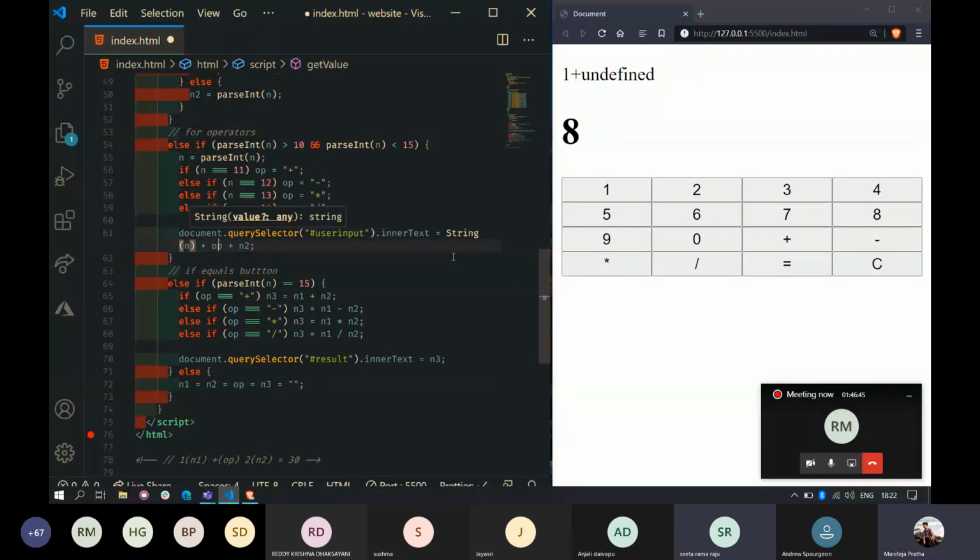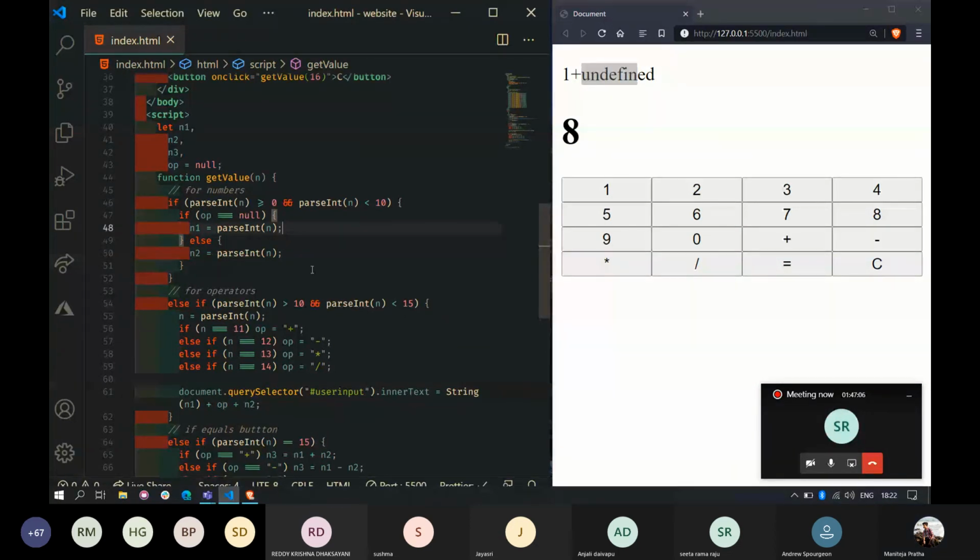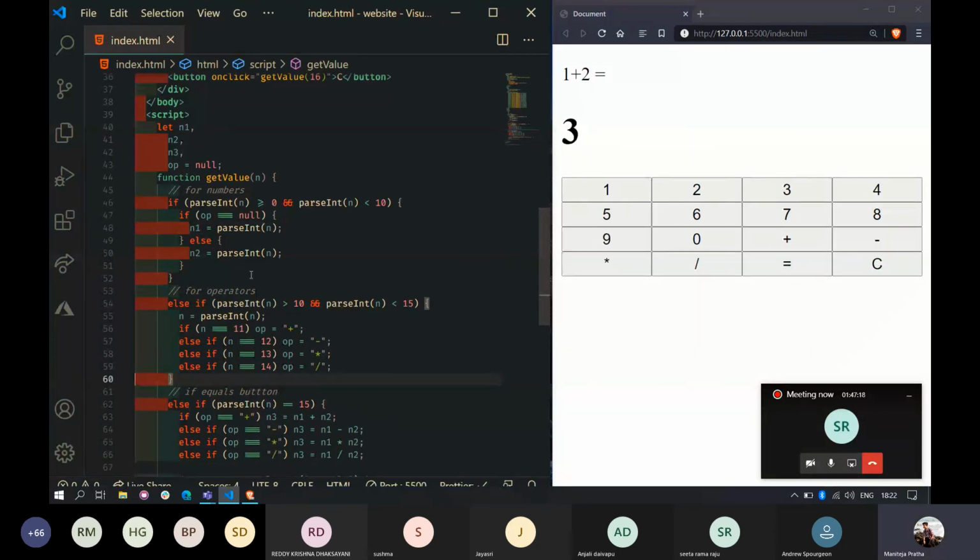Let's refresh again. 1 plus 7 equals to 8. So this is working, but the above statement is not working properly. Okay, let's do this thing. I'm doing it in the else if part. Okay, that's the issue. Now it will work, I guess. 1 null undefined. Okay.